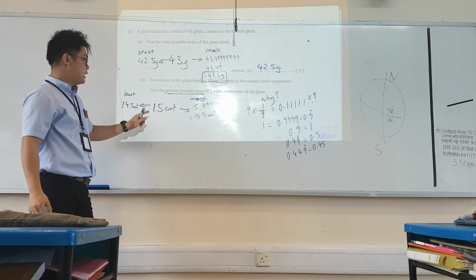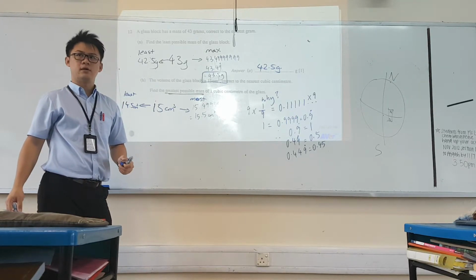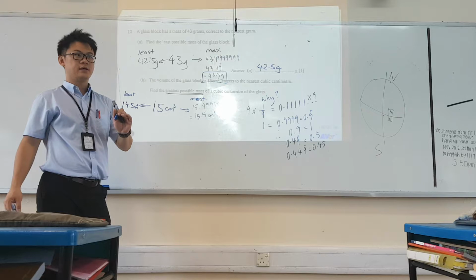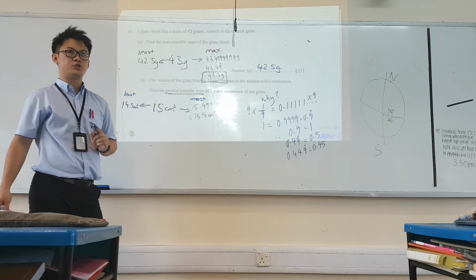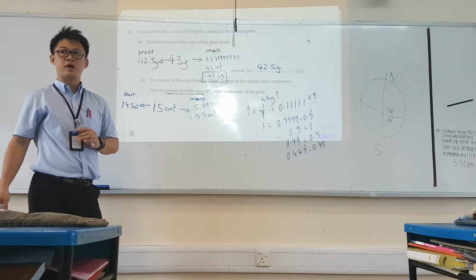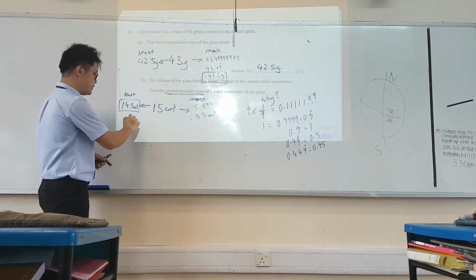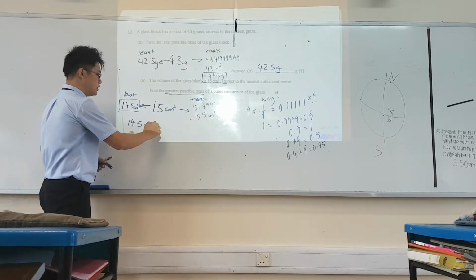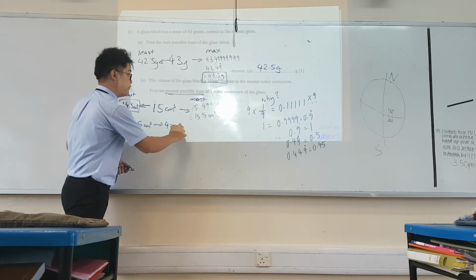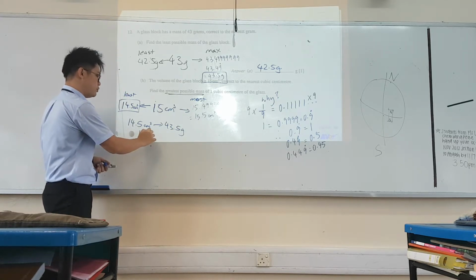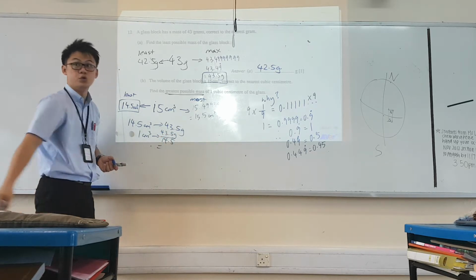And then for the volume of the glass, do I use 14.5 or 15.5? Which one will give me the greater mass per cm cube? It should be the least volume, right? So the least volume should give me the greatest mass, which is 43.5 grams. So 1 cm cube equals 43.5 grams divided by 14.5, which equals